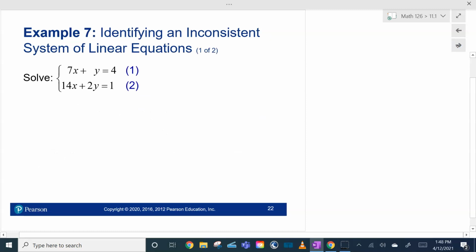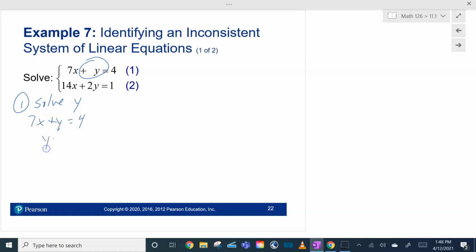All right, so what will happen if you get an inconsistent system of linear equations? Let's go ahead and do this. Let's do this by substitution. I see that that's real easy to solve for. Let me take equation 1 and solve for y. So 7x plus y equals 4. Subtract 7x, y equals negative 7x plus 4. Now I'm going to substitute that into the other